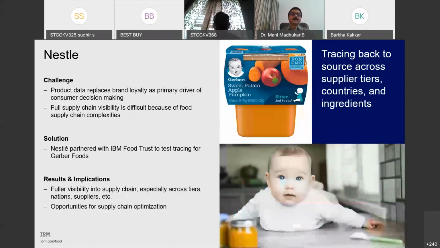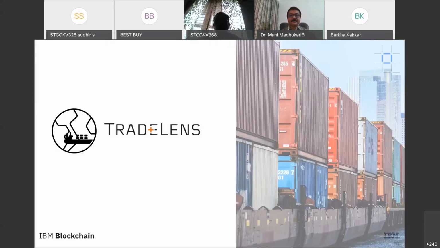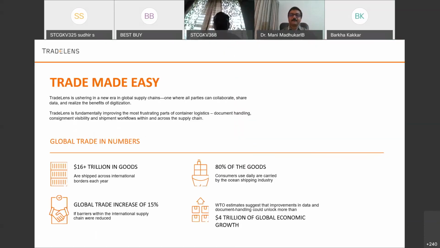Okay. So this is another example called TradeLens, where IBM and Maersk, which is again a leader in container trade on the high seas, came together and made this solution called TradeLens. It is really helping streamline a lot of global supply chains, improving container logistics, the document handling, consignment visibility, and shipment workflows, which is really a lot